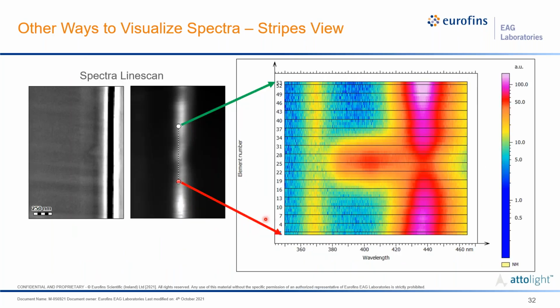And so other ways we can try to visualize this as well, we can actually take line scans through the spectral map and then plot that. This is called stripes view. So we can plot each of these spectra as sort of an intensity map here. And along this particular line, there's 53 extracted spectra, and then the wavelengths are here on the bottom from left to right. So you can see primarily in the good region of multi-quantum well on either side of the V defect, we're getting